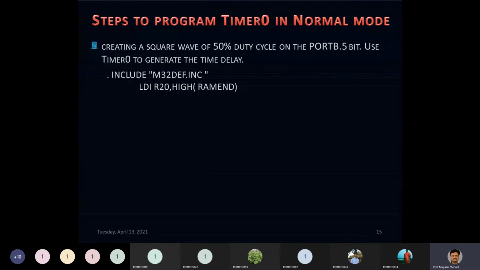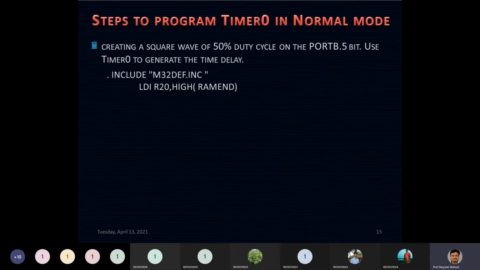I'm going to write a subroutine for the delay. If I'm going to use a subroutine, you need to make this very clear in your mind: whenever you are using a subroutine, wherever you have a call instruction, the stack must be initialized first. I have already discussed this in the 8085 concept of a subroutine. So whenever you use a subroutine, it is compulsory to initialize your RAM section.